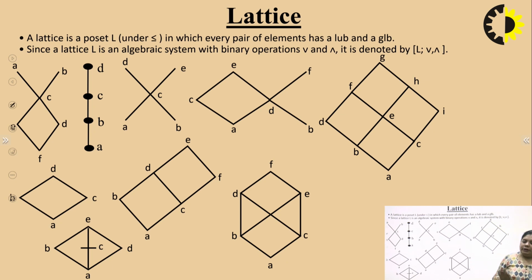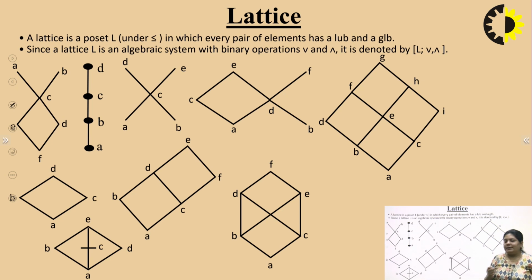That means for each and every pair of elements in a Hasse diagram, we have to find the meet for them and similarly the join for these existing pairs. If we are able to find the join and meet for each and every pair of elements, then we will call it a lattice. If we are unable to find either the join or meet, then we will say that this is not a lattice. Again, for meet, we have to find the single bottom.